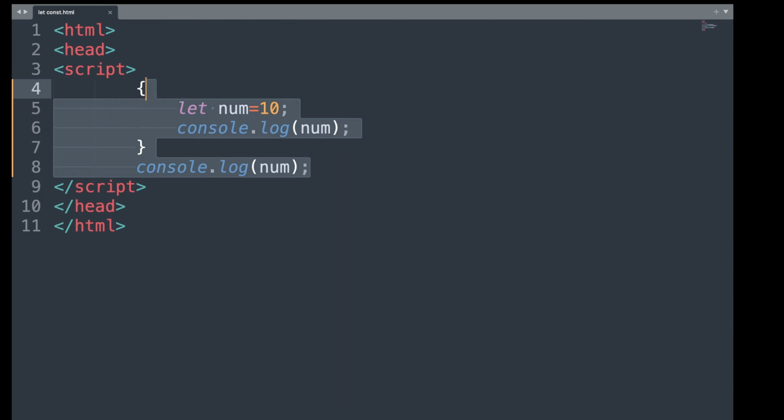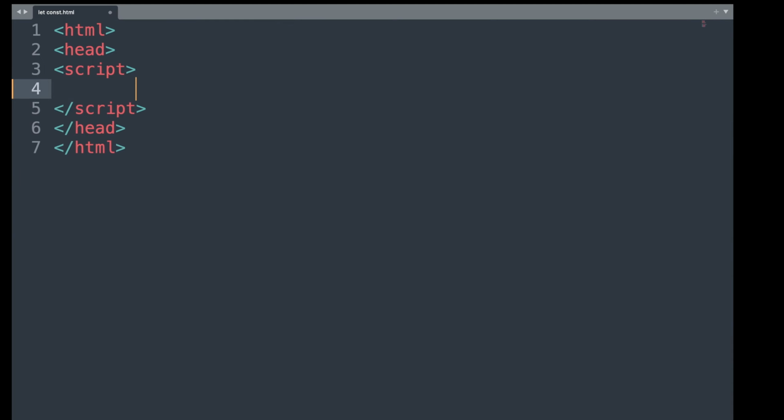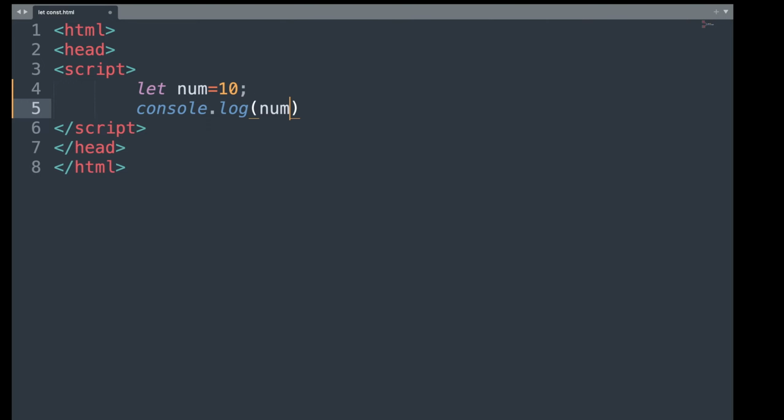So we can change this. First we add let num is equal to 10 and add console.log, call this variable num, and next we create the function